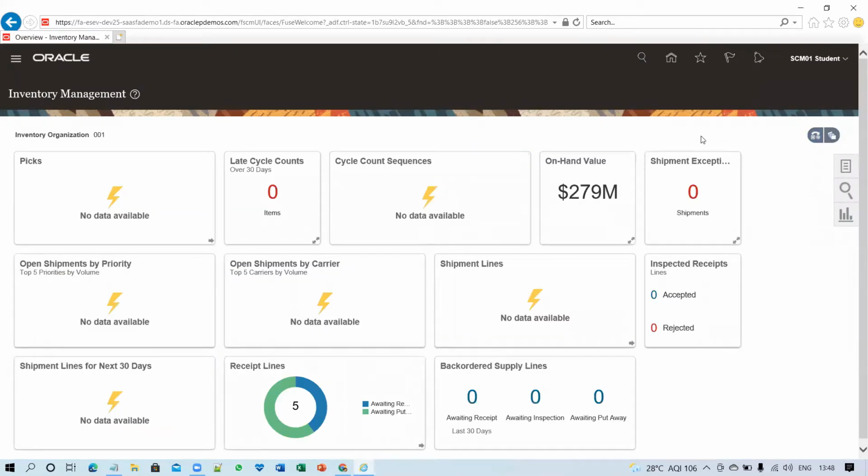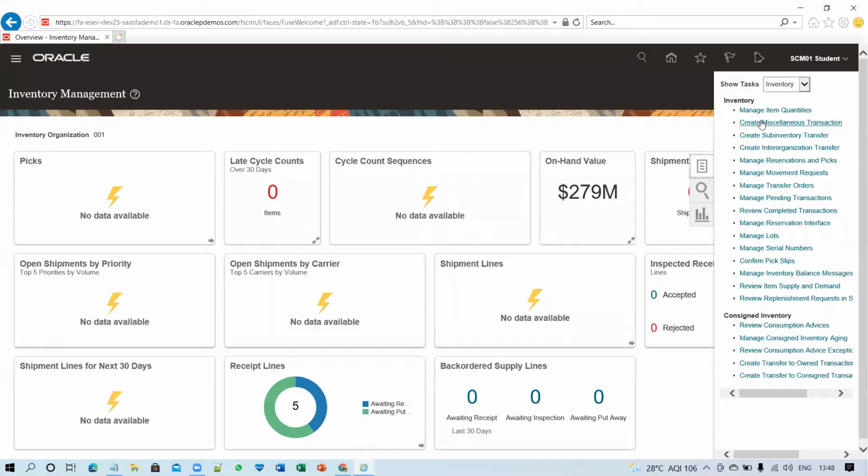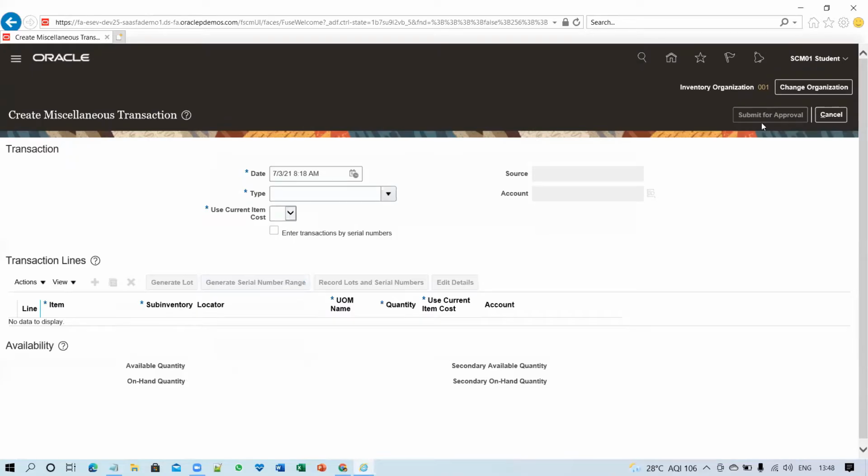Now I have to go again to the task and click on create miscellaneous transactions. Once I click on create miscellaneous transaction, as you can see, there is an option available, submit for approval. So once you enable the features, set it up, and configure the e-records preferences, you can see that a new tab will be available on the UI.